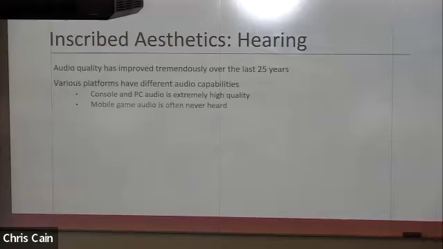On the other hand, if you're designing a mobile game, a lot of people play mobile games without any sound whatsoever. So maybe all of the time and effort that you pour into the audio of your game never gets heard. The game should stand alone with or without audio and not rely on the audio to set the tone, to set the stage for what is being delivered.